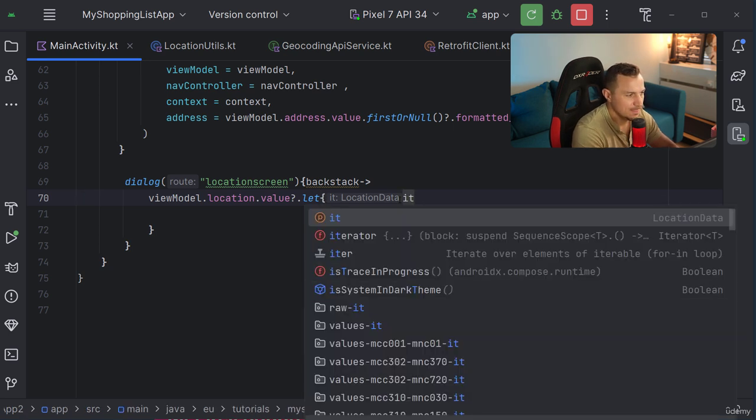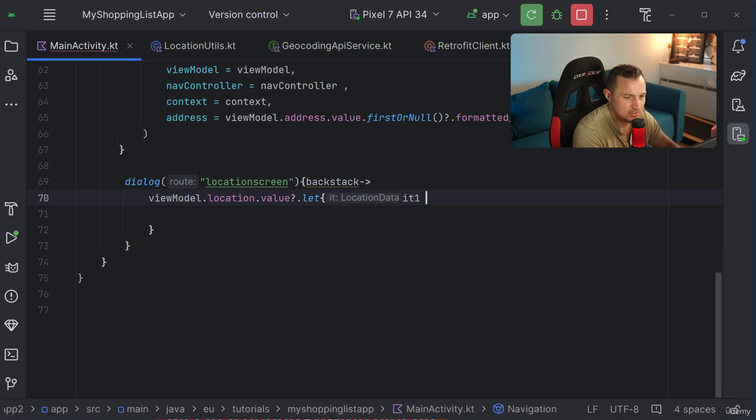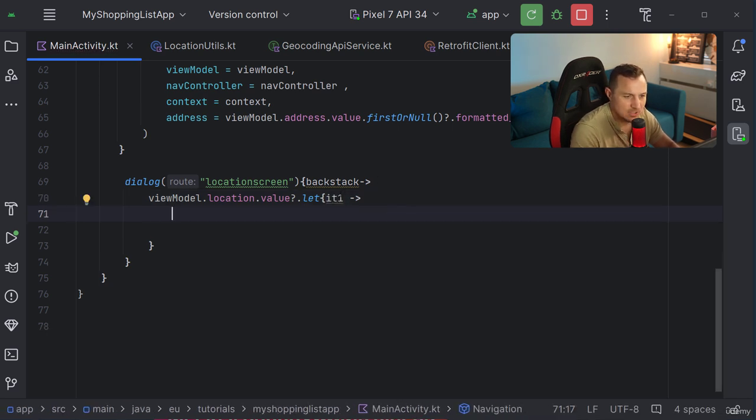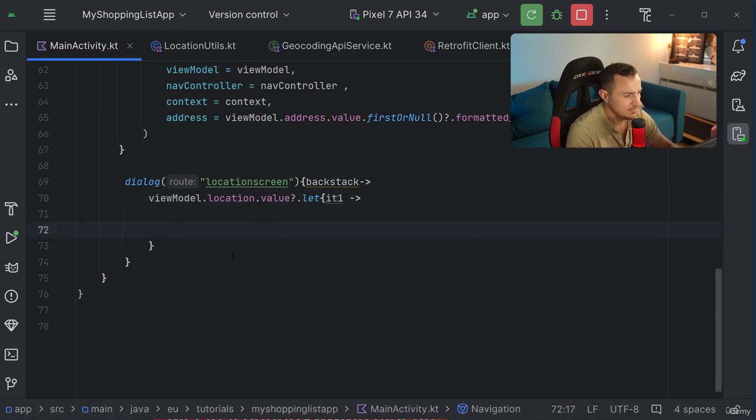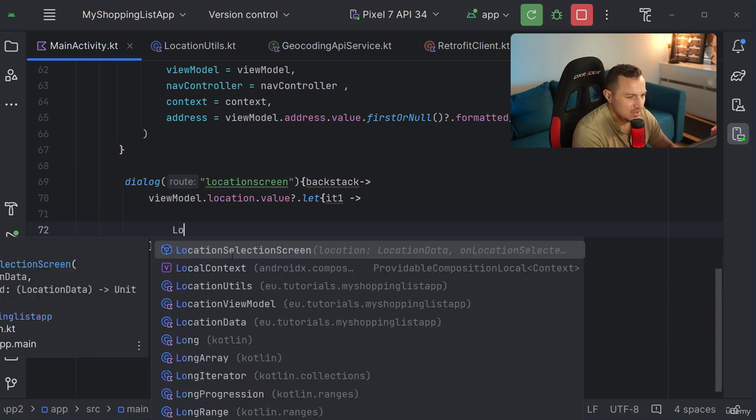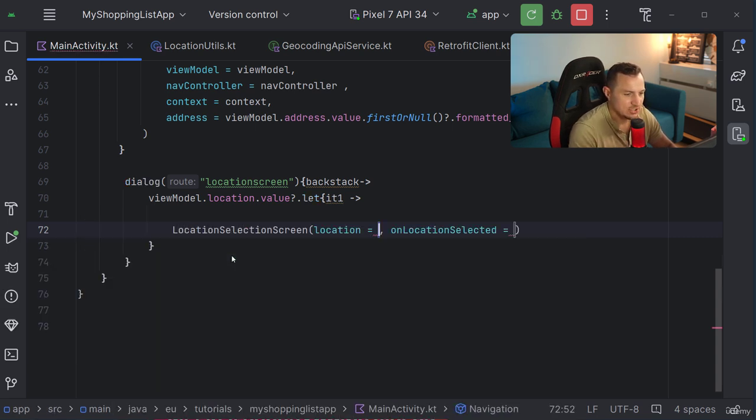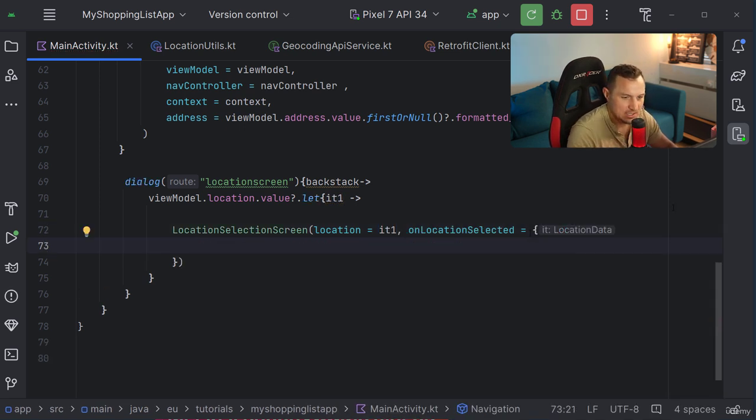Let me check. I'm going to call it it1. Okay, like so. So this location data, which I'm calling it1, will now be available for my location selection screen as the location. So my location will be it1, and the code that I want to execute